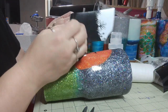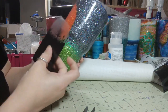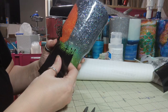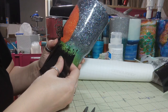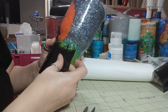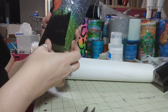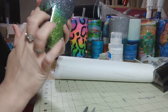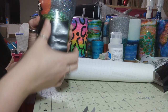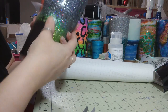Okay, peel that off, and then I'm just going to eyeball it. I'm going to try to get it as close to even as possible. But with this one, the beauty of it is that you don't have to get it exact. And you want to overlap it just enough. You want to get it laid down, and this one is small enough that it's easy just to go from left to right. Get fence posts down there,